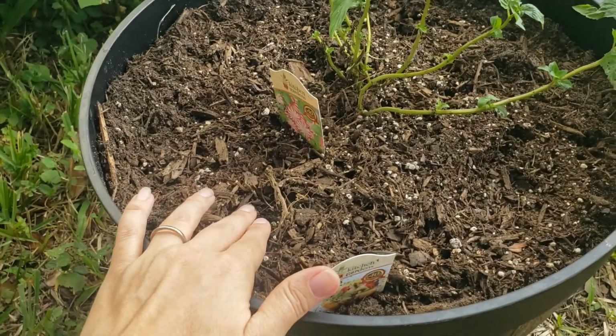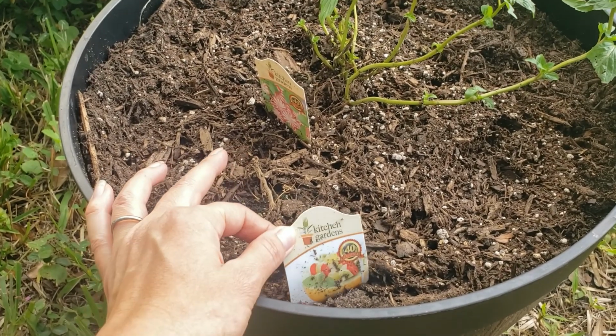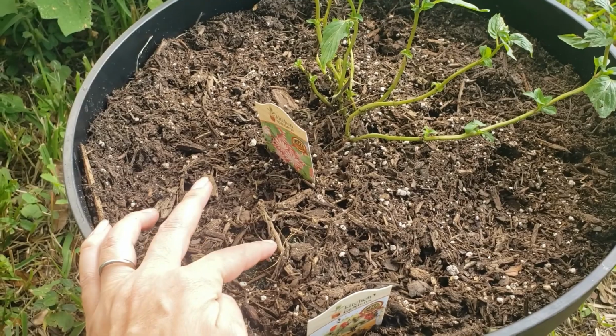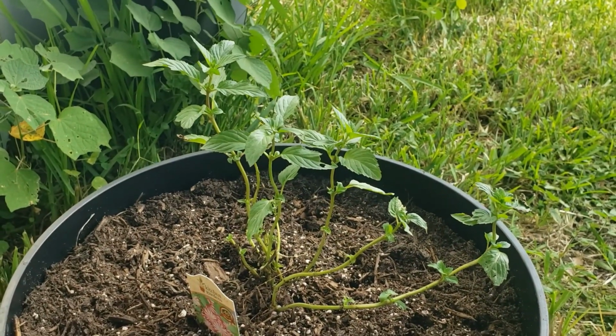Unfortunately, this one is the pineapple mint, and unfortunately I let it get too dried out in the sun. But I planted it anyway, hoping that it will come back. I doubt that it will, but who knows, we'll see. One thing that I haven't been the best with is when I go get potted plants or herbs or anything like that, I'll plant them. I'll plant most of them, and then there's a couple that I intend to get to or don't quite